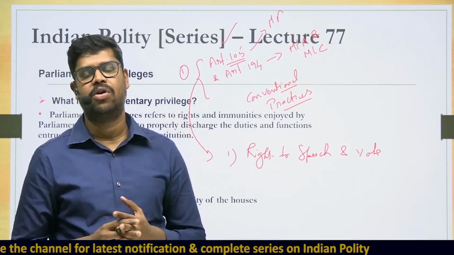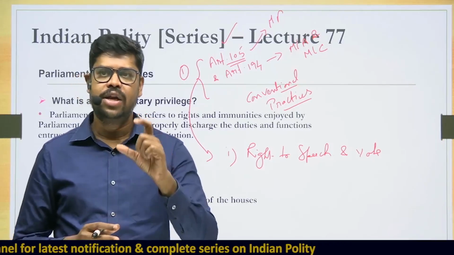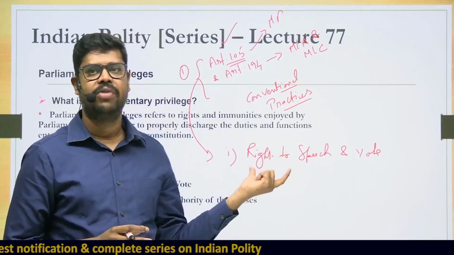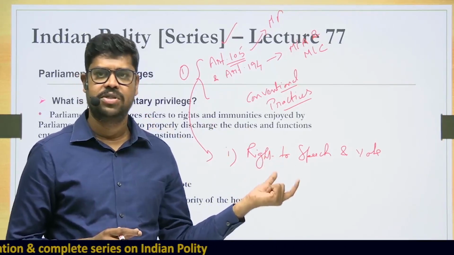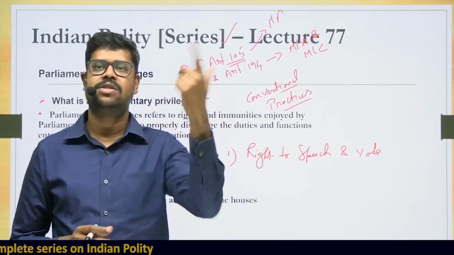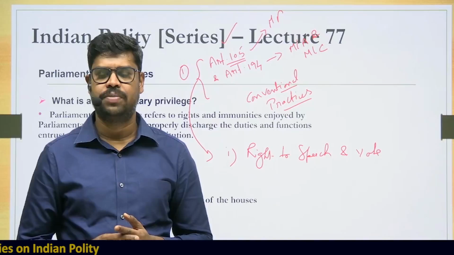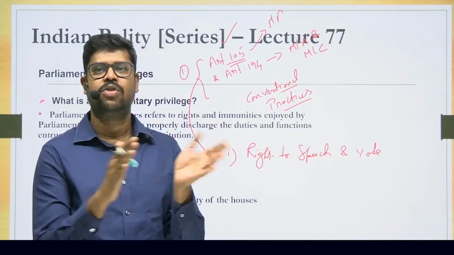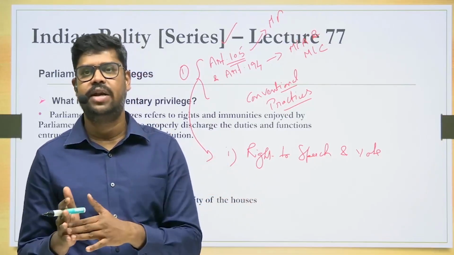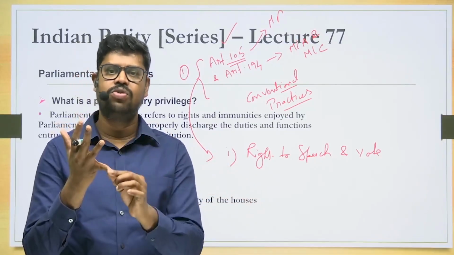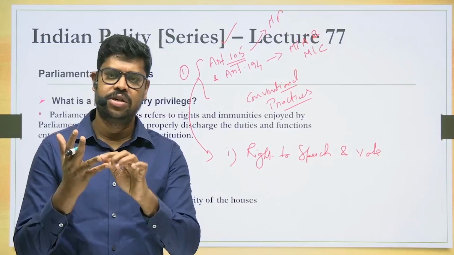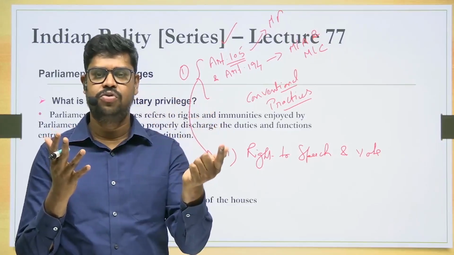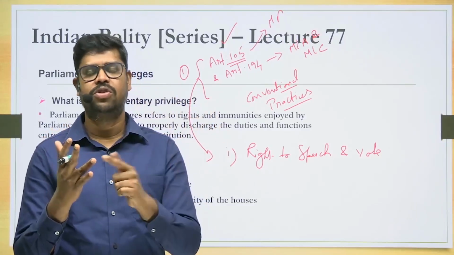speak in the parliament or in the state legislature, because the right to freedom of speech as a privilege to the members of the parliament or the members of the state legislature does not extend to what is called contempt of the court. So one restriction upon the right to freedom of speech of the members of the parliament and the members of the state legislature is that it is subject to the rules of the house. The second restriction, it is also subject to other provisions of the constitution, where the other provisions in the constitution say